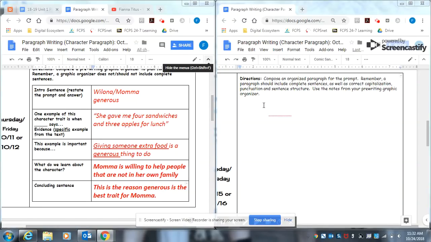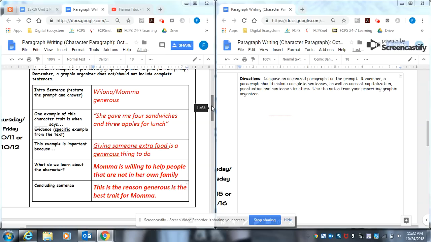I am back to talk you through how to take this graphic organizer that you have completed for your character in Watson's, how to use that and turn it into a paragraph. So you've put down a lot of information here and you've done a lot of thinking about information that you found. And so now we want to organize it so that it's in a paragraph that makes sense and answers